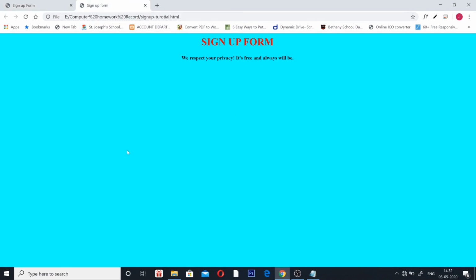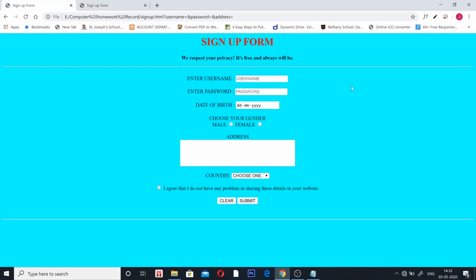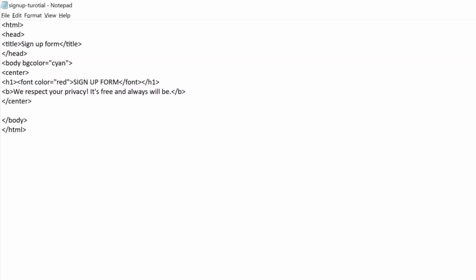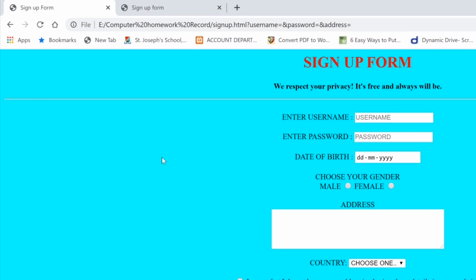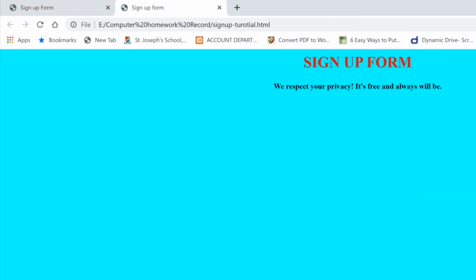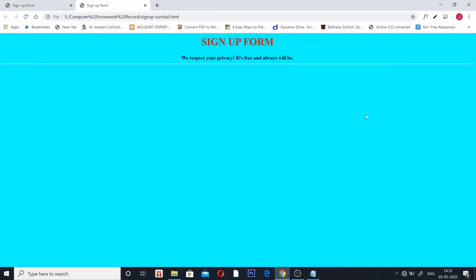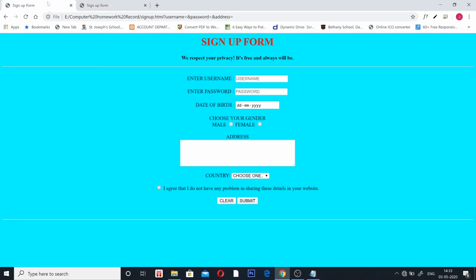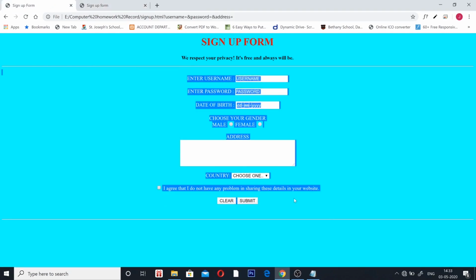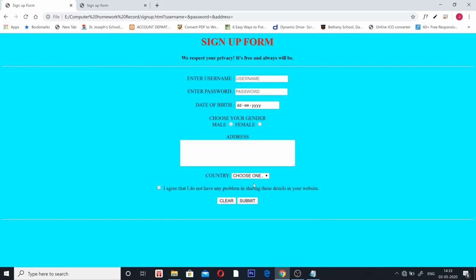Yes? Okay. Now there is a line out here, a horizontal line, and I think you know how to create this. It's very simple. We create that with the HR tag, horizontal row. So let's go back, refresh it. Horizontal row. The line is also there. Okay. So now we have come to the main part of this program where we have to create the form,